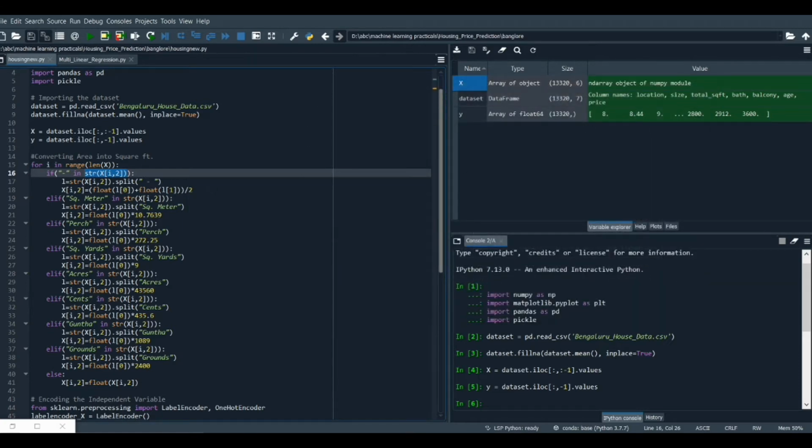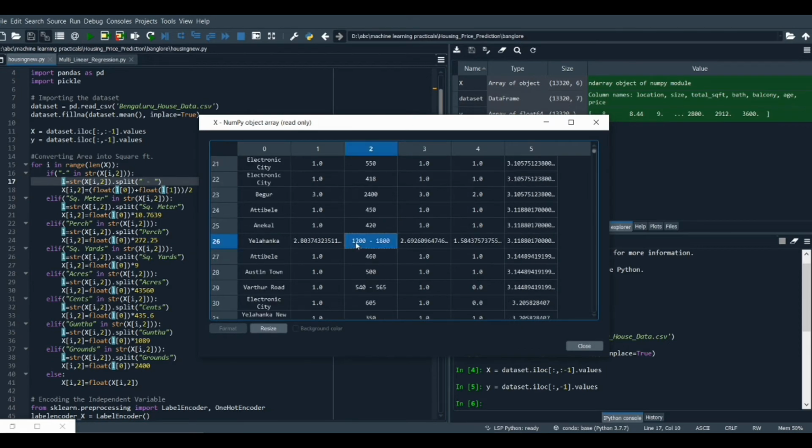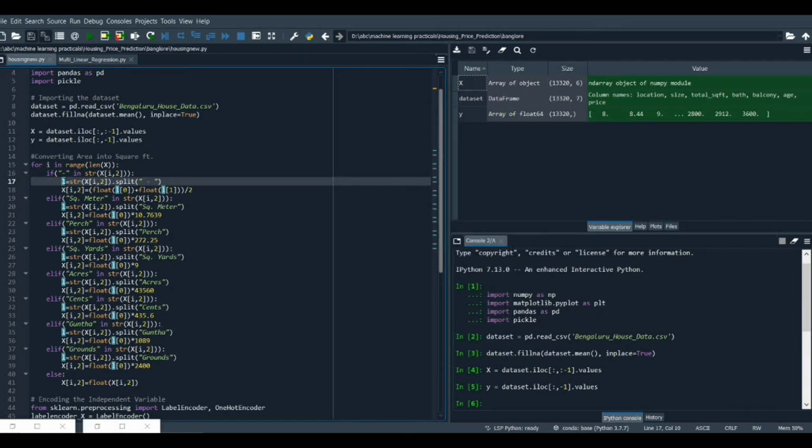So how we are going to do this is first we are going to create a temporary variable L, in which we need to first fetch both the values, such as 1200 and 1800. We are going to do it by using the string format of x of i comma 2, and then we are going to split it by the specified symbol, that is our range.